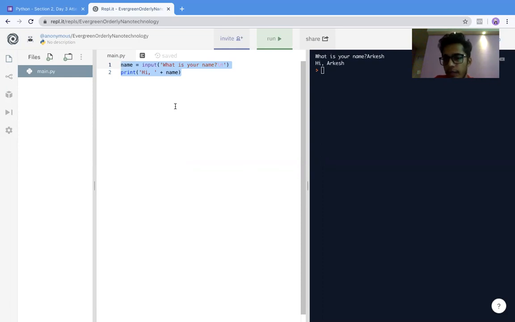So the problem statement is: check whether a number is divisible by 3. Understood? Take some time to think how you would approach this particular problem.